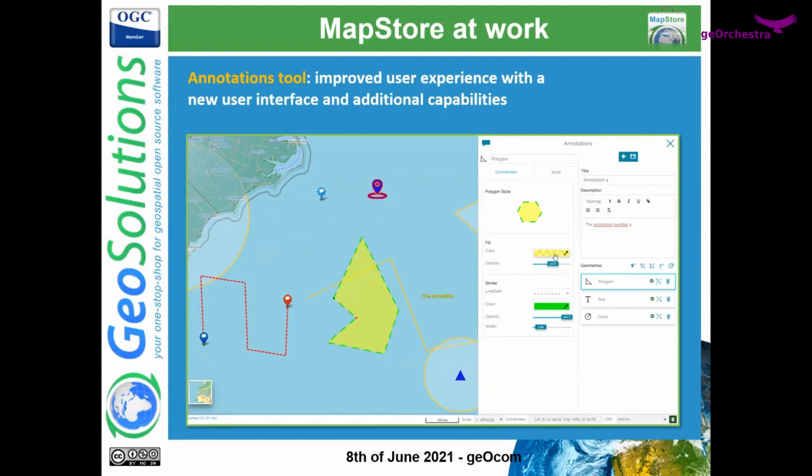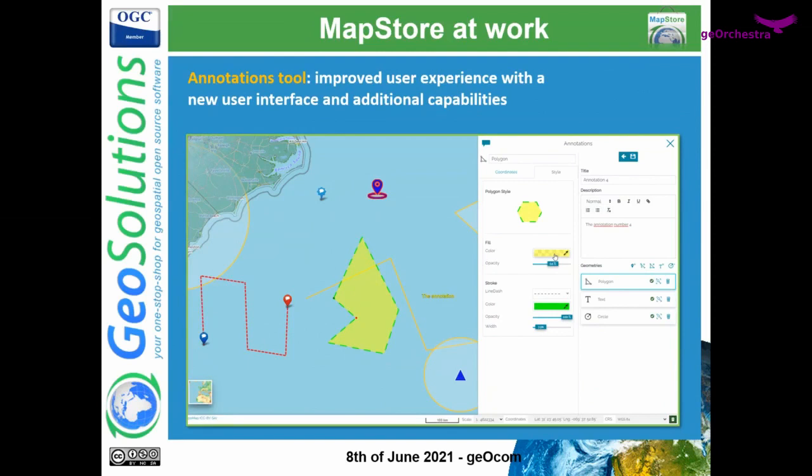An interesting capability is that you can draw annotations by interacting directly with the map, but you can also define coordinates in a form. You can also style your annotations, with the possibility to define SVG symbols for points, annotations, and so on. There are a lot of